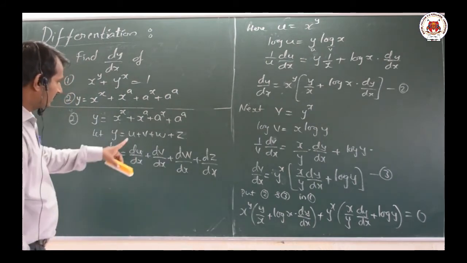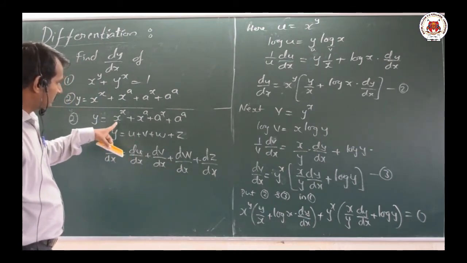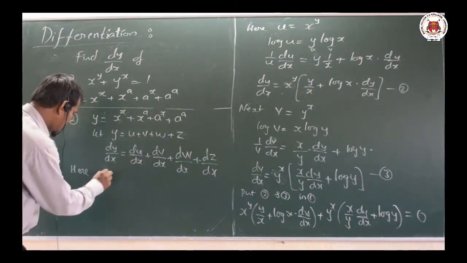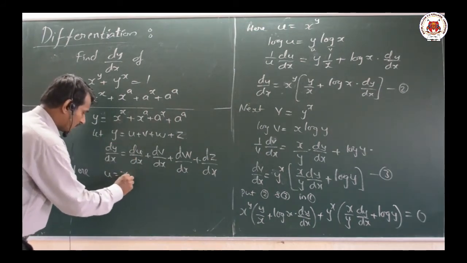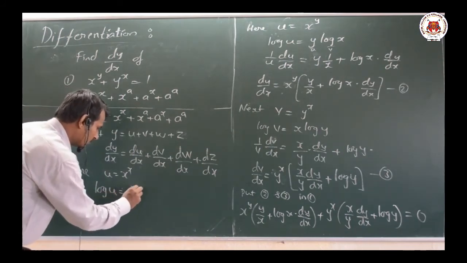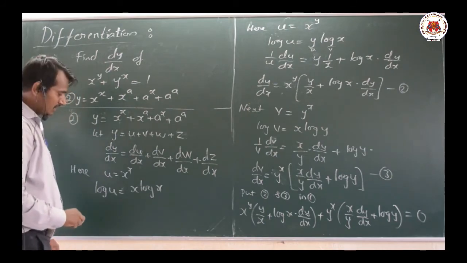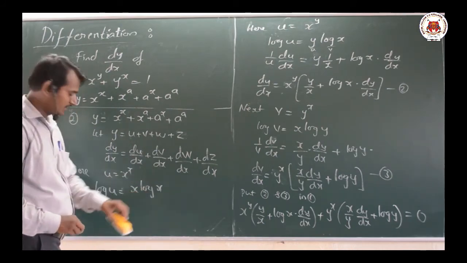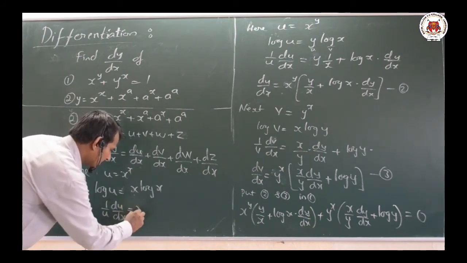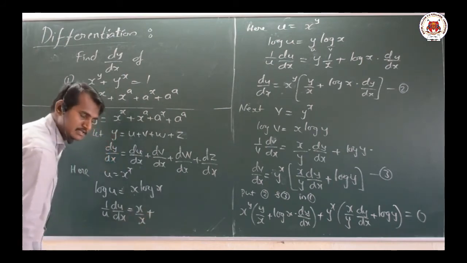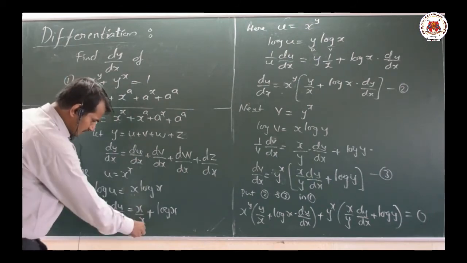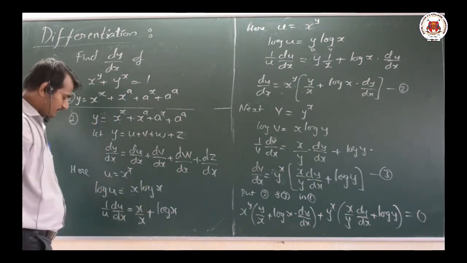That is nothing but u. What is the u value here? That is the differentiation of x raised to x, which I have to find here. U means x to the power of x. For this you have to take log on both sides. That is log u is equal to x into log x, because log of x raised to x means x log x. Log u means 1 by u into du by dx equal to x as it is, times the differentiation of log x which is 1 by x, plus log x as it is, times the differentiation of x which is 1. Now these two terms get eliminated and you get the value as 1.